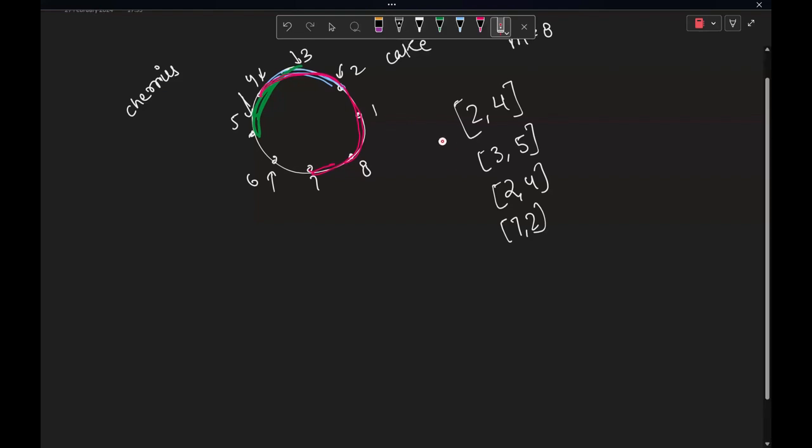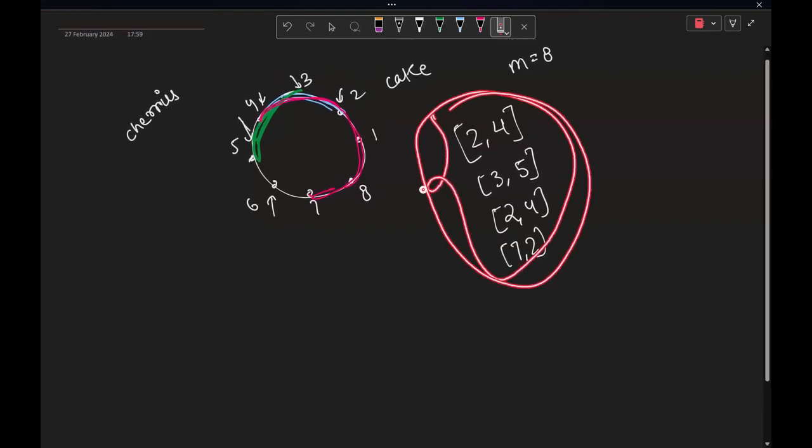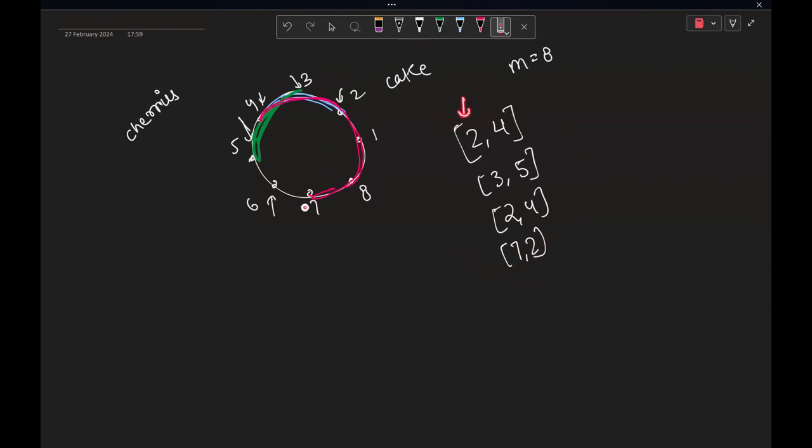Right. We will be given these arrays. We will be given an array of the flavors. The first position will tell from where the flavor has started to be put on until where the flavor is there. So if you have been given something like 7, 2, it means that there is a flavor from 7 to 2. Or 2, 4 means that there is a flavor from 2 to 4. Now what you have to tell is,